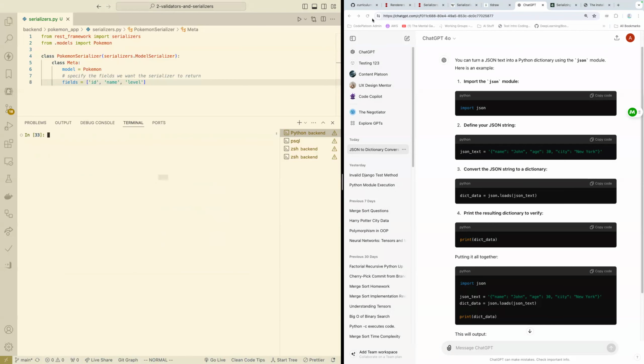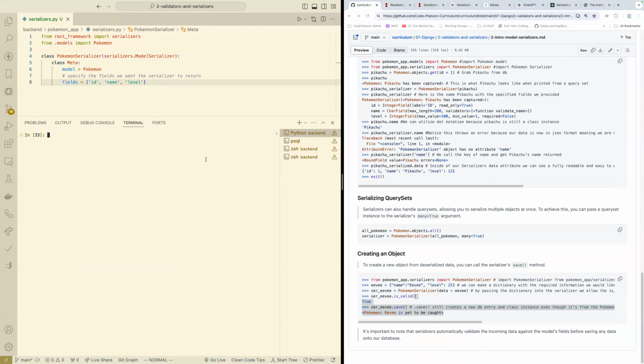I apologize. I don't want to go down too much of a tangent, folks. This is a solved problem. Brandon, thank you though. We're not going to worry about the step of converting the JSON text into the Python dictionary. Once we have the dictionary, let's put it in the serializer and see what happens. So once I have a dictionary with my JSON data,